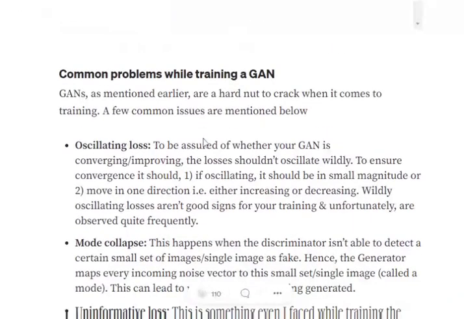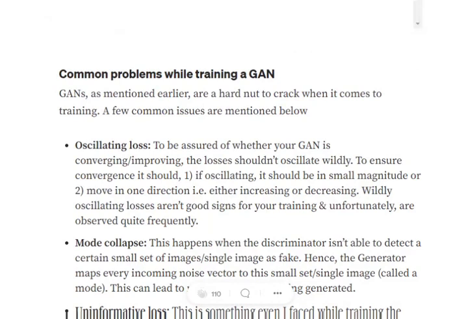So hi everyone. Today we'll try to understand some common problems while training a GAN architecture. If you have seen my previous video about GAN, GAN is basically an adversarial system where we have two networks, generator and discriminator, which fight with each other to train themselves. They are in a game system where each of them is trying to beat the other one, where the generator is trying to generate fake images and making the discriminator believe that the images are real, while on the other hand the discriminator is trying to improve itself so that it can distinguish between real and